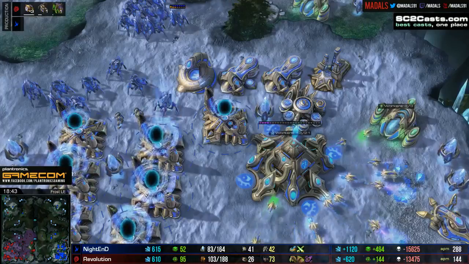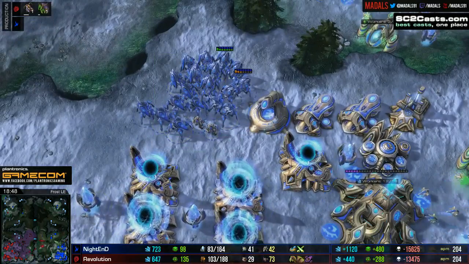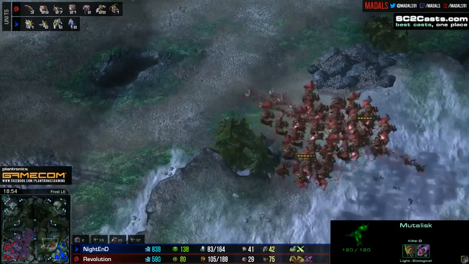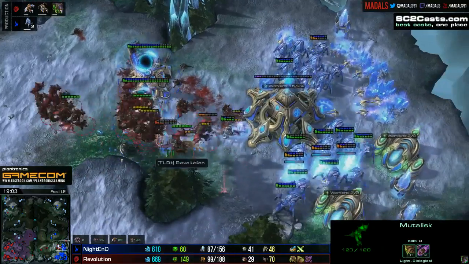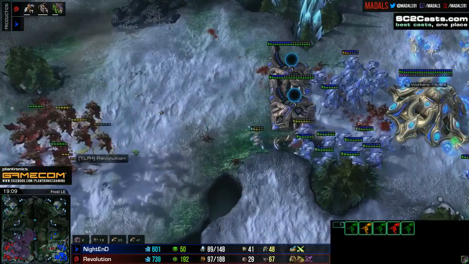But that's equal workers, or equal bases to NightEnD. NightEnD though, with more probes at the moment. However, his standing army, 18 Stalkers going up against 28 Mutalisks. A couple of Zerglings on the ground as well will help. That'll help soak up some of that damage, help really deal a lot more damage, and that is really what